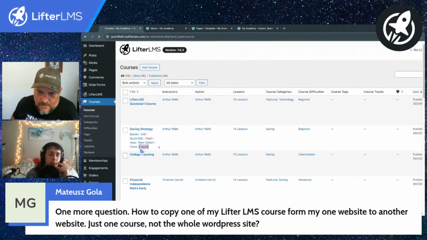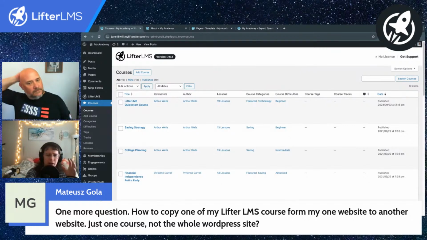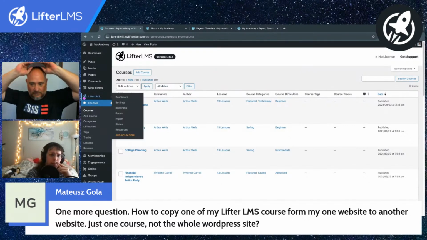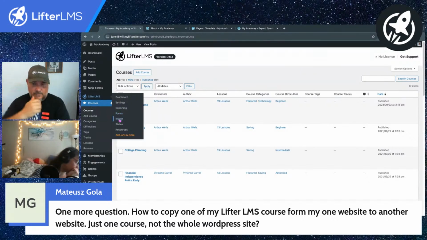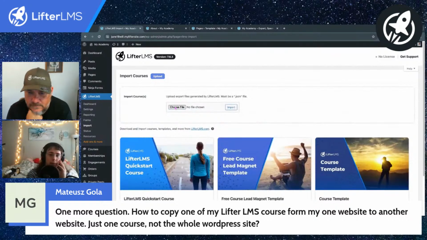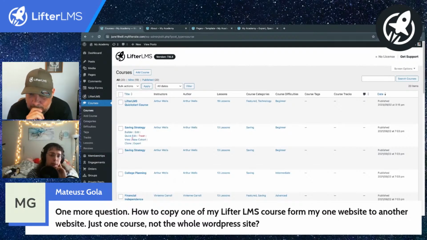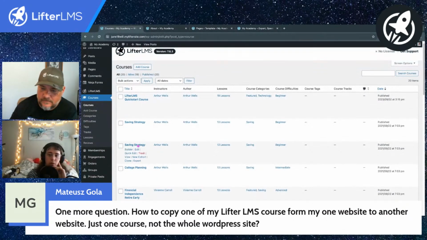So I can just go ahead and click that export. It thinks for a second and it saves to my computer. Now, depending on the size of your course, it might take a second, but once you have that file on your computer, you can go to import courses, upload, and it's going to ask me to choose a file. I'm going to choose from my downloads this JSON file I just downloaded. We're just imagining I went to a different website, but click import, thinks for a minute, and now I should have another copy right here. So I have 2 saving strategy courses now. And so that is a really cool feature. Pretty simple to go from Lifter to Lifter.